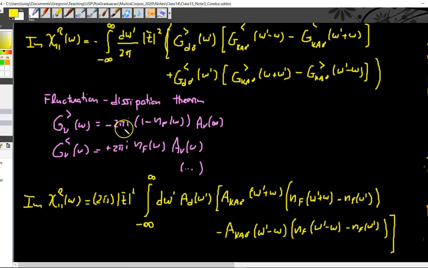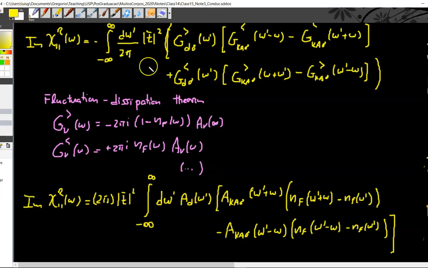There's going to be a 2 pi here. The i's are going to cancel. I mean, they're going to become a minus 1. And I'll have the 1 minus nF here, right? You have to do the algebra here. But at the end of the day, all that I'm left with is spectral functions, either resulting from the